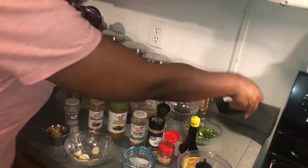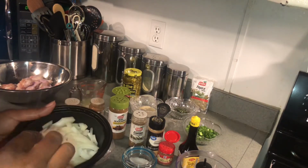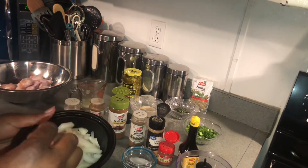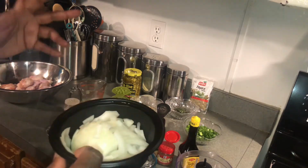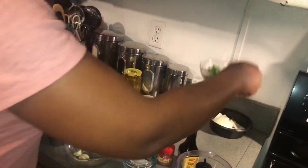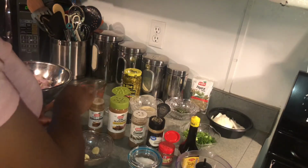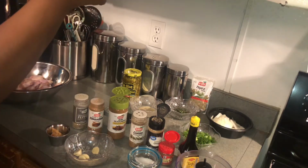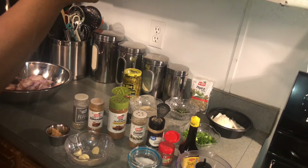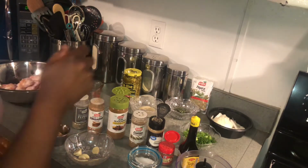It calls for onion. I have an onion here, a yellow onion. This is a medium onion. I've cut it in half. Or this is a large onion that I've cut in half. And I'm going to continue chopping it up in the mixer on my processor. It calls for a green onion here. Okay, and it calls for lime juice. I have almost 1/4 cup of lime juice here. Okay, and it also calls for